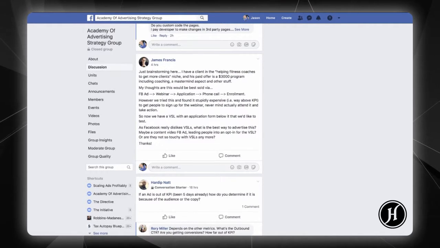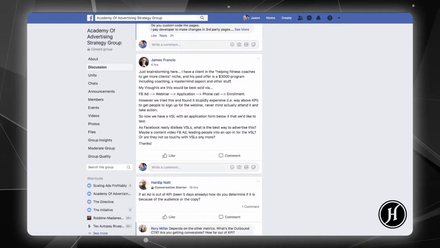Yeah, it depends on what the page looks like. It's not necessarily that it's a VSL. It's when it's got a VSL with a hidden buy button that's on autoplay and all these other things that people don't like, and there's no navigation. You can't leave the page. Those are the things that they have a problem with.